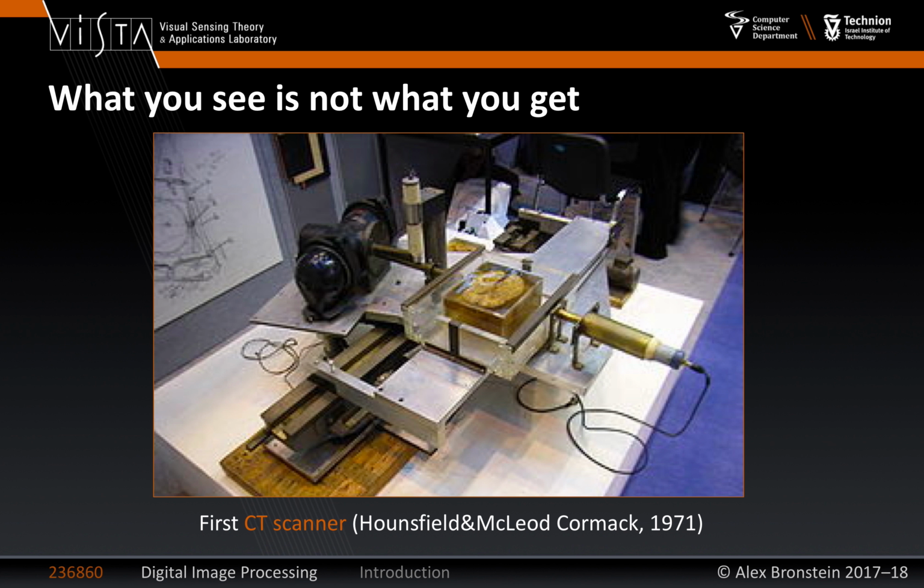But the conceptually novel idea here is that what you get is not what you see. So basically, you illuminate an object with X-ray, with penetrating electromagnetic radiation, and you put a sensor on the other side, and you capture some information, right? This information, if I show it to you, you will see nothing. It will be garbage. Okay? It's completely unintelligible by human.